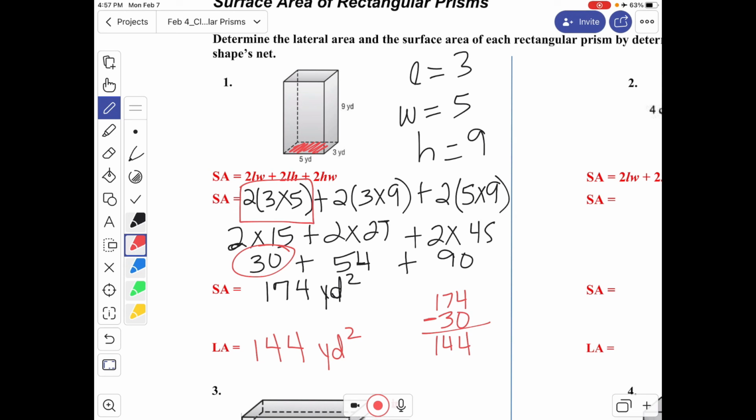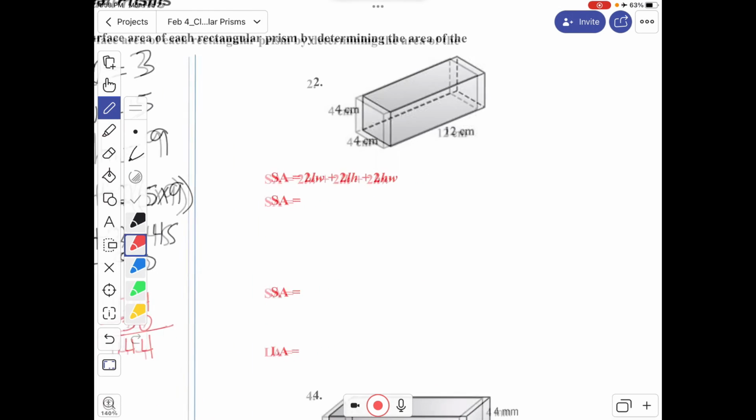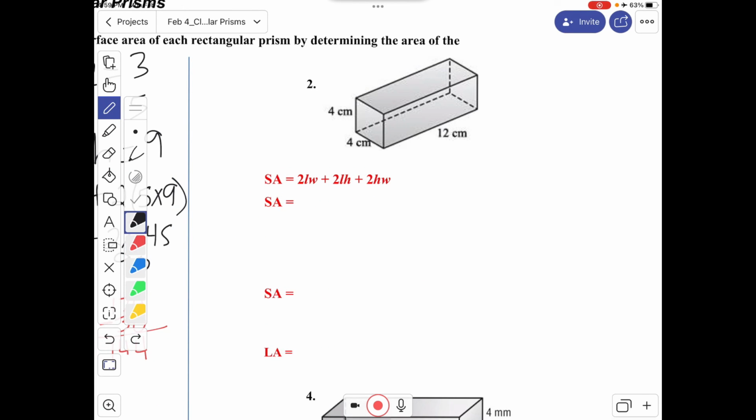So I'm going to help you set up a few of these others and tell you which one you should leave off. So for number 2, let's say the length is 4 and the width is 4, so the height would be